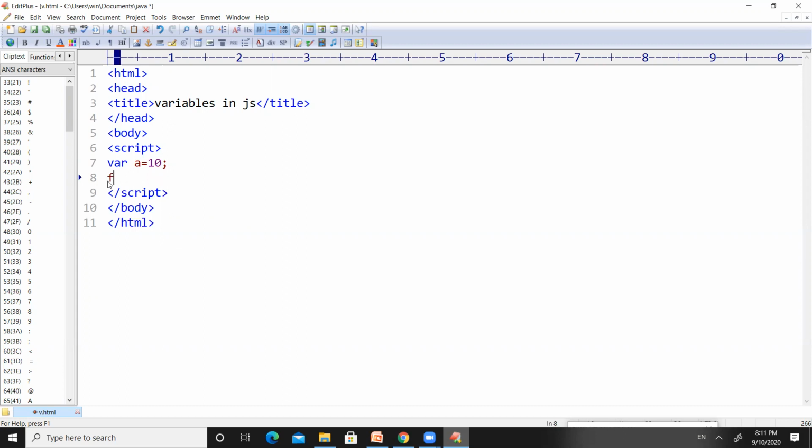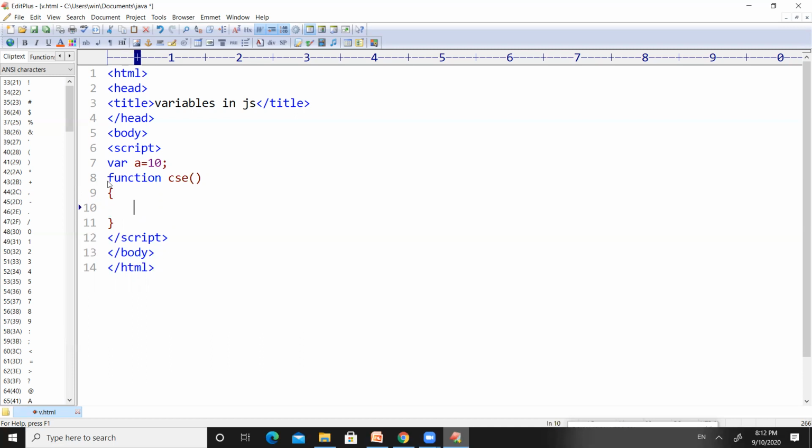My function name is, for example, CSC. So if I want to declare a function in JavaScript, I need to use the function keyword followed by my function name CSC, parenthesis, and then it is the body of the function. So inside the body of the function,